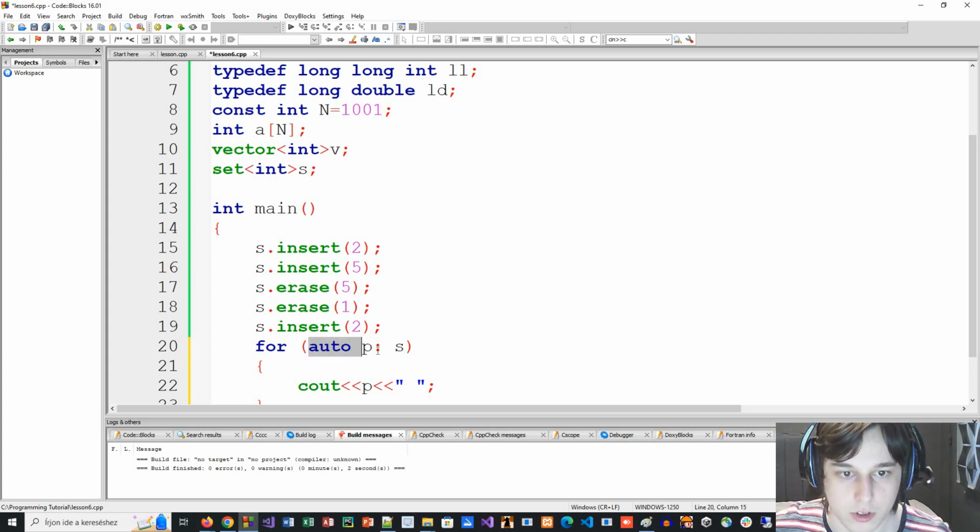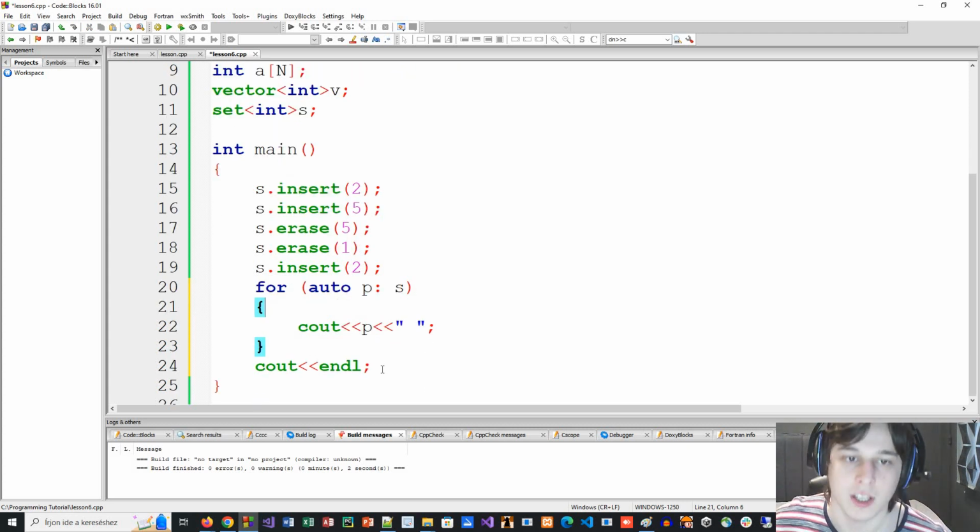So it goes through a container from the beginning until the end, and goes through each and every single element in order. The way set works is that it contains the values sorted already, meaning from the lowest value to